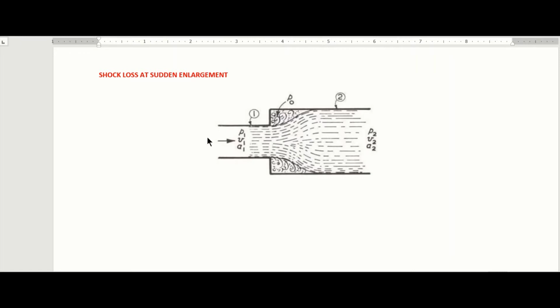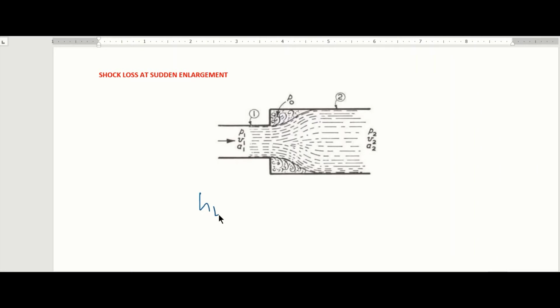As you can see, at this entrance the diameter is smaller than at this entrance. So when a pipe undergoes a sudden increase in diameter, it is referred to as head loss due to sudden enlargement. And the formula to calculate the head loss can be given as